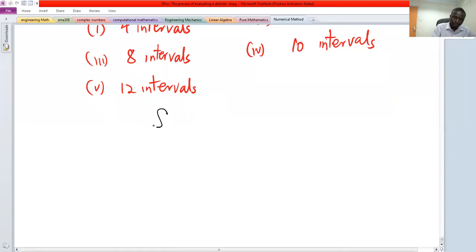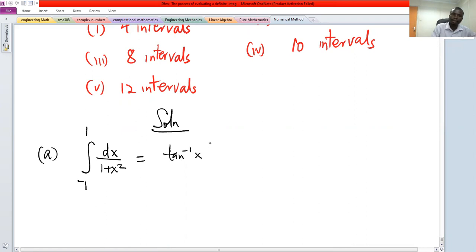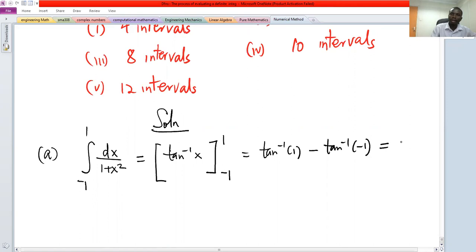So solution. A, integral from -1 to 1 dx over 1 plus x squared. From calculus, the integral of this integrand is tan inverse of x. And then you apply the limits, which will be tan inverse of 1 minus tan inverse of -1. When you work this out, it will give you pi over 2, which is the same value as